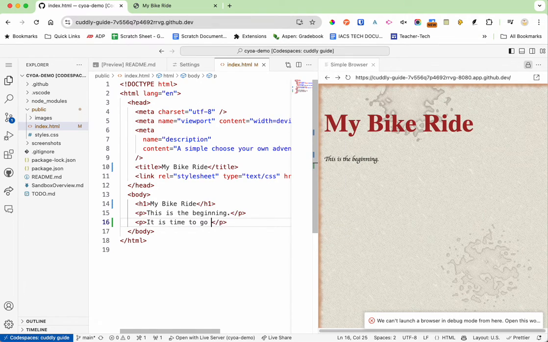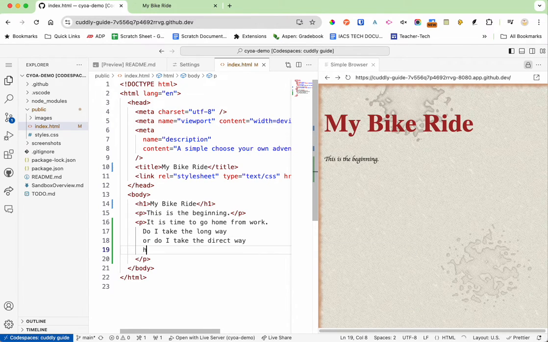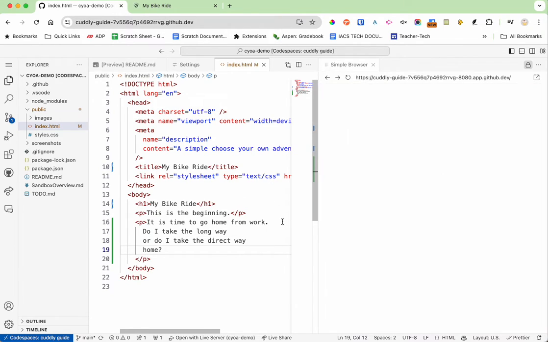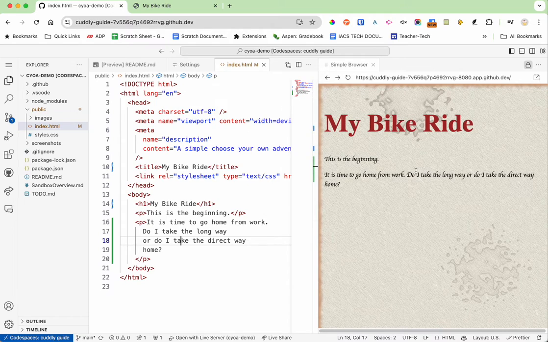It is time to go home from work. Do I take the long way, or do I take the direct way home? All right, so I'm going to make my first choice in my adventure. And in order to make a choice, I need to make a new web page and a link. So to make a new web page, the easiest thing to do